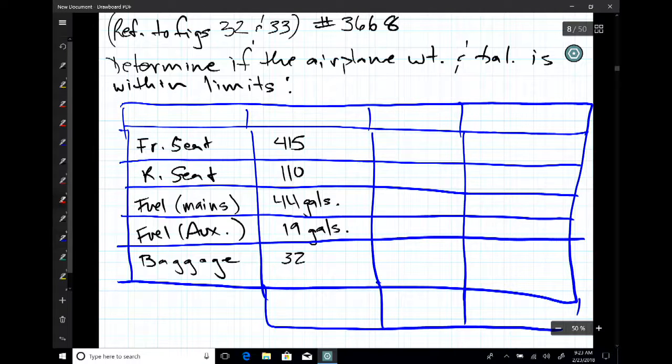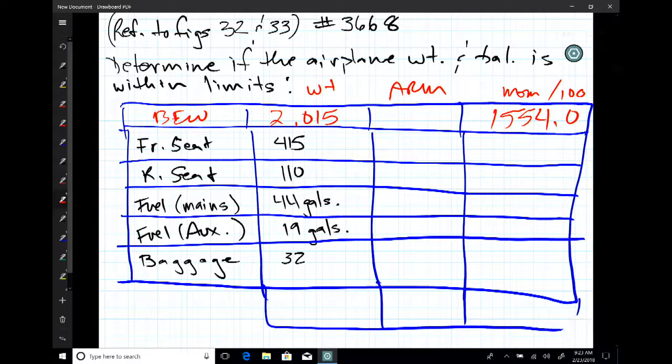Because we know that we're missing, we've got to have an airplane in there, right? So here's our basic empty weight. We add that on there because we know that we're working with figure 32 and 33. We know our moment. We should have that memorized by now. Okay, and we also know weight times arm equals moment divided by 100. So as we look at this problem here,